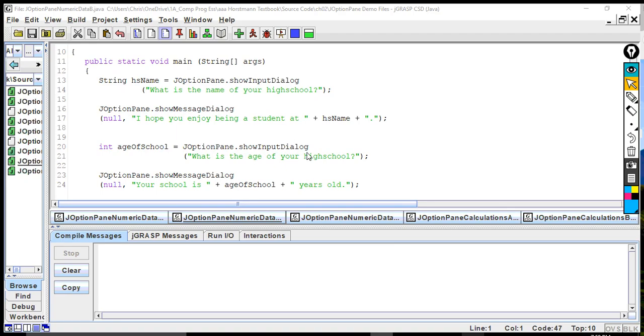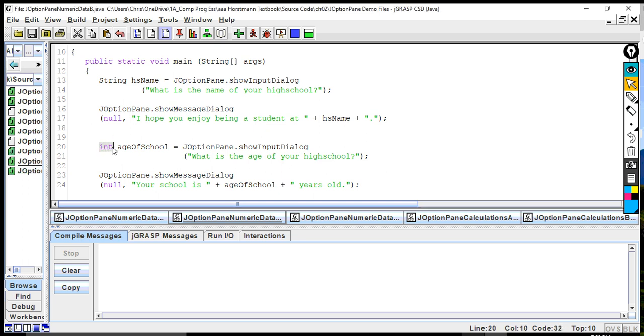Okay, so what you should have done, what I would be expecting you to do, is maybe put an int as a data type and then the age of school equals JOptionPane.showInputDialog. That would be the common response, and maybe you did that and then you compiled it and saw an error and you fixed it yourself, which would be cool if you did that, because last night we did talk about